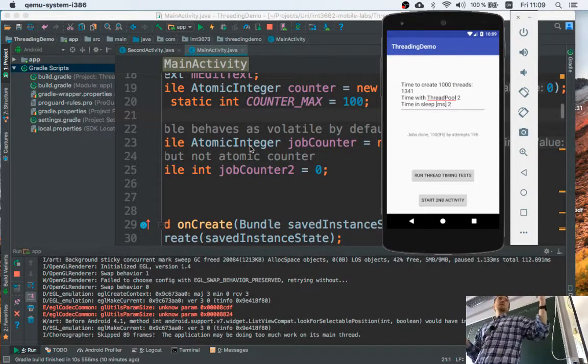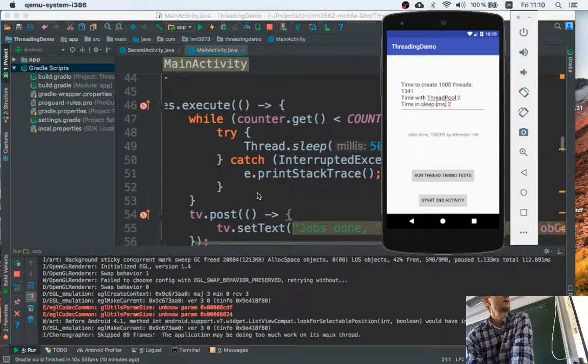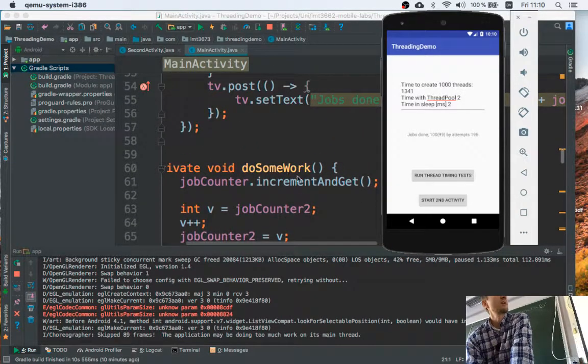And with the atomic integer, you cannot really do that. You cannot lock. The threads will say, for example, increment and get, right? But two threads can do that at the same time, right? So how can I do a test